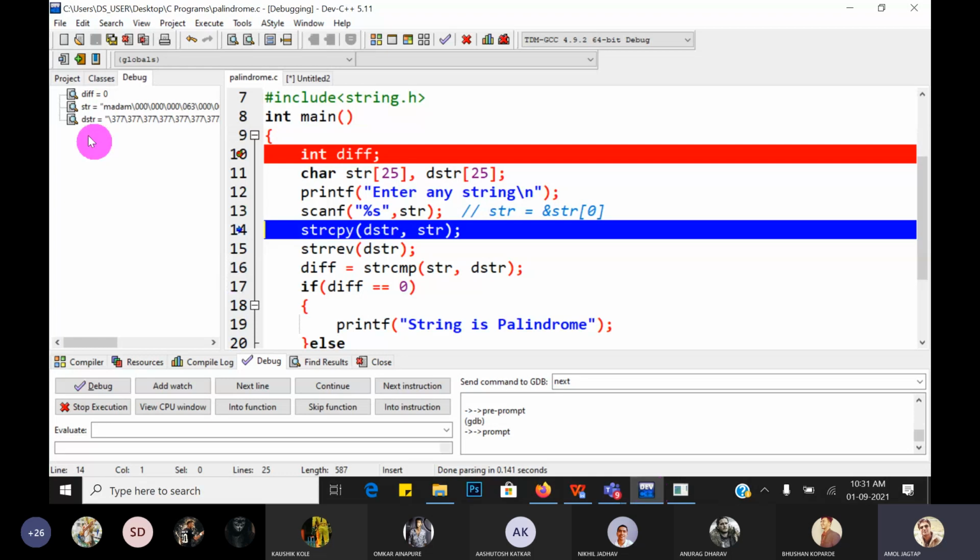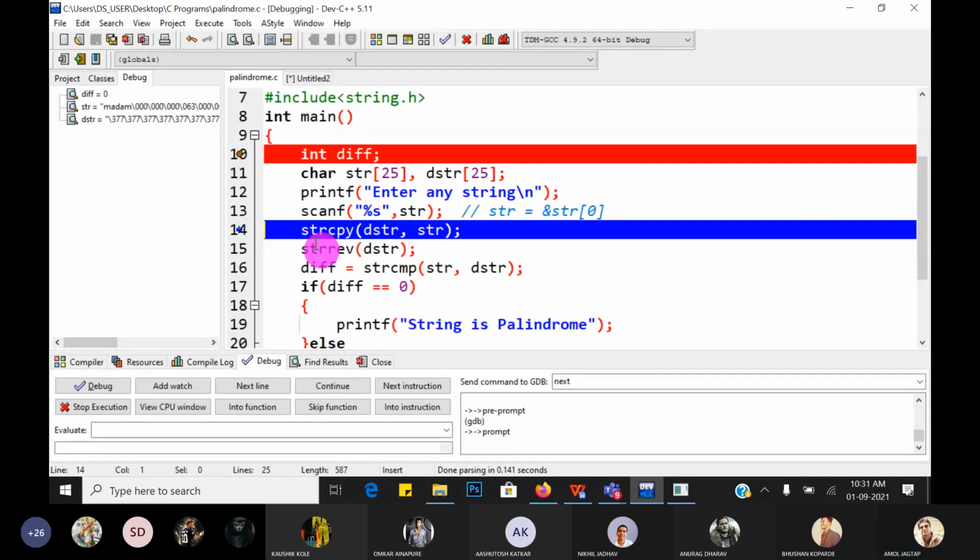String copy. So the initial string str is madam slash 0. Yes, guys, automatically at the end of the string, which character is there? Slash 0. That is the null character, called the end of the string character. Hope you understand this.